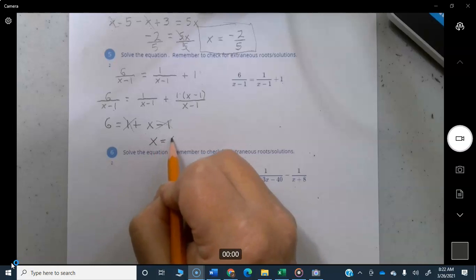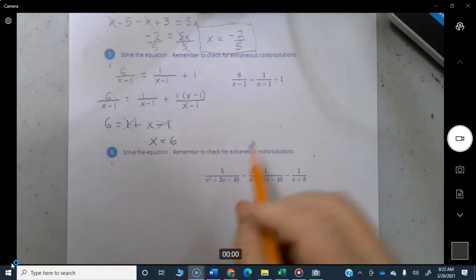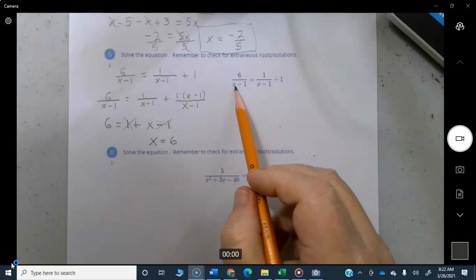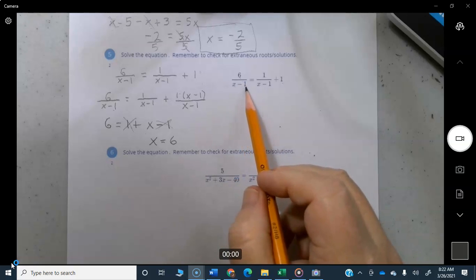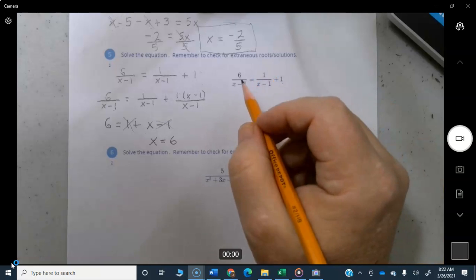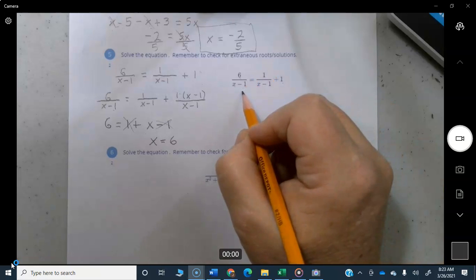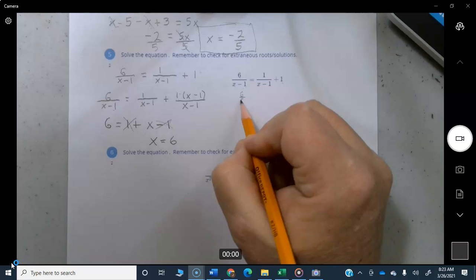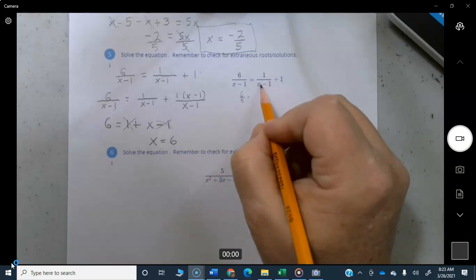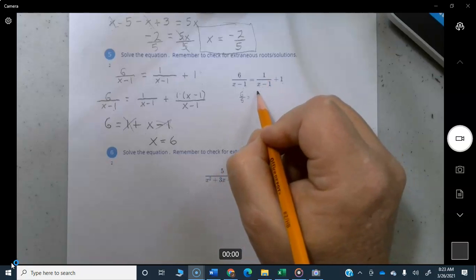So we end up with our final answer right away. x equals 6. Let's test it out. 6 over 6 minus 1 is going to be 5. Now that's kind of a messy number. So 6 over 5 equals 1 over 6 minus 1, 1 over 5,